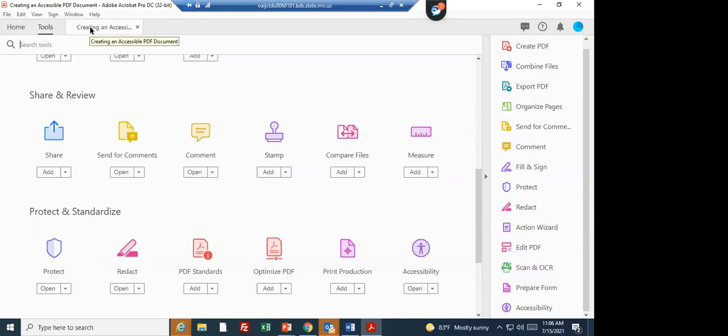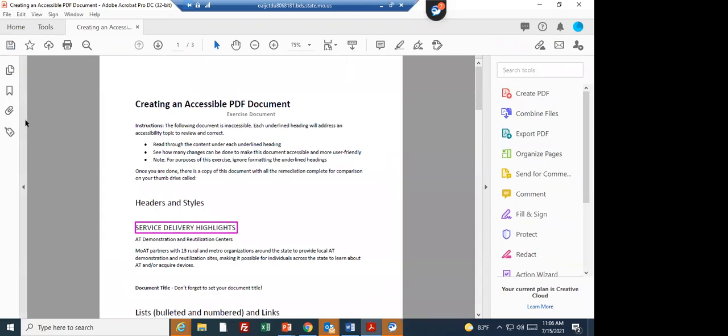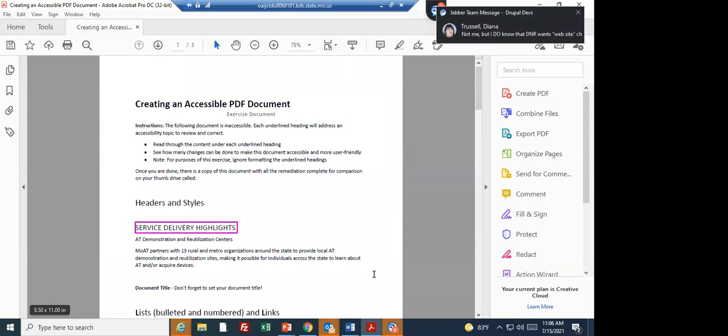So we're going to go back to this document, and we'll expand this back out. And I don't know why that keeps popping up. Okay, so